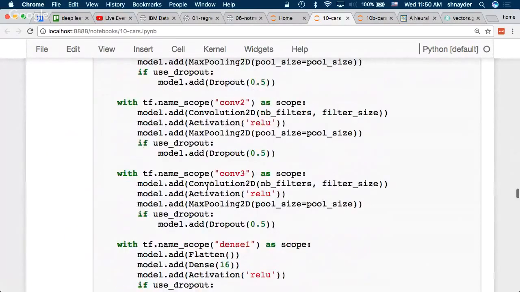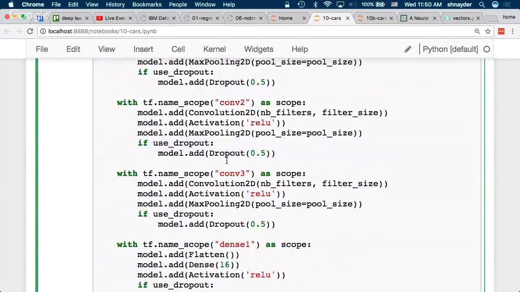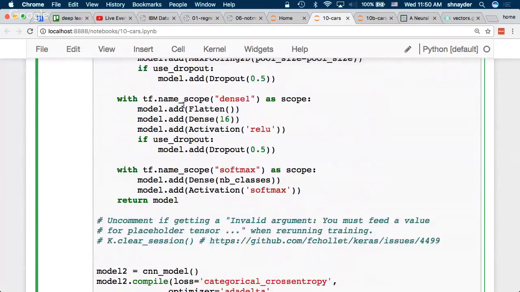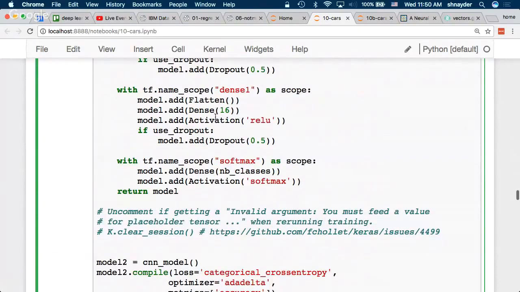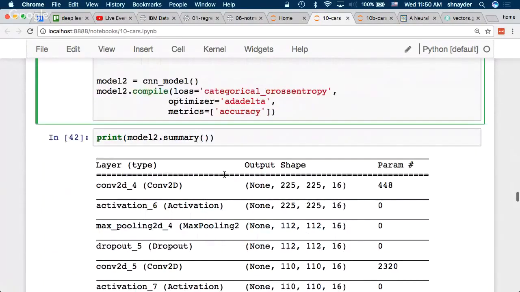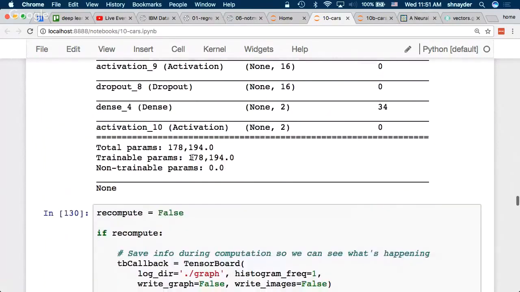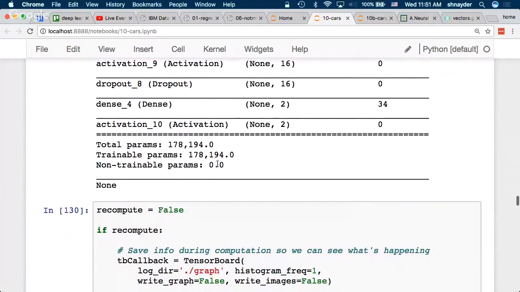Note that I ended up making dropout optional just to see what effect it has. A small dense layer, just 16 units, and then our classifier. So lots of parameters, 180,000 parameters, 95 examples.